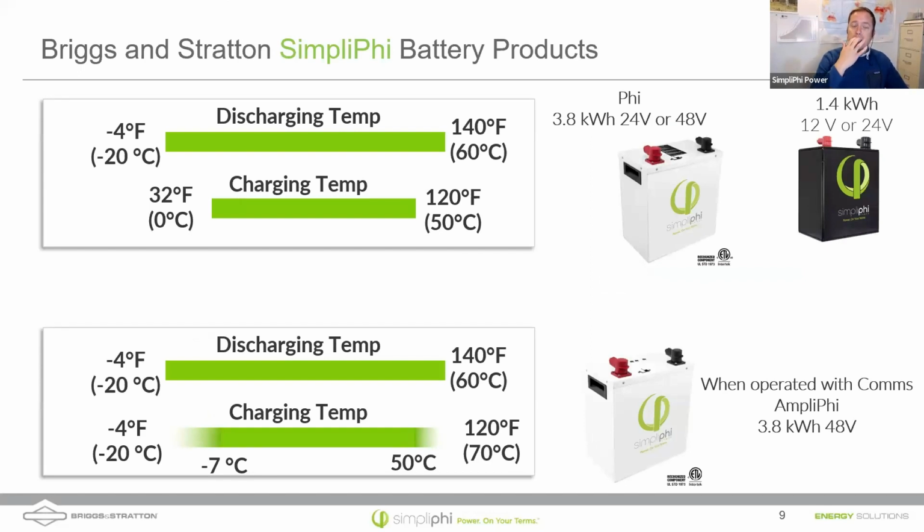I have to give Nathan credit for this slide. This is something he recently came up with. What we're looking at here is essentially two types of batteries. All of our batteries use lithium iron phosphate, the safer of the chemistries, and all of our batteries use a cylindrical cell. But one line of our batteries, the Phi battery that you see there on the top, does not have closed loop communication capabilities. It does have an internal analog battery management system that mainly is there for cell balancing, and it can open up if it sees conditions that it doesn't like, too high a voltage,